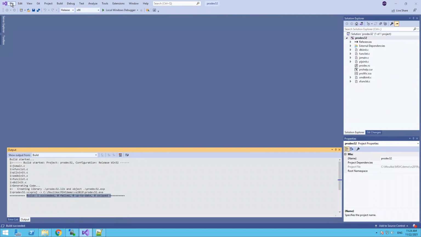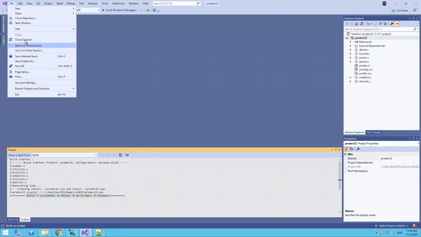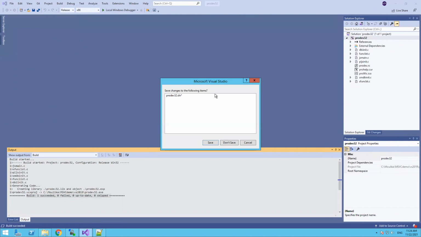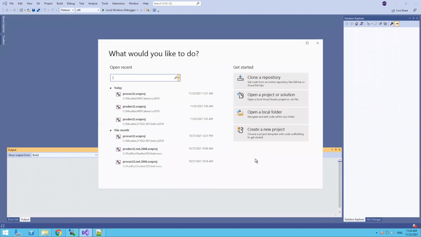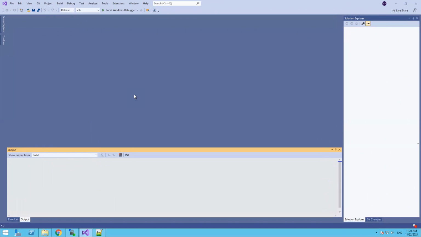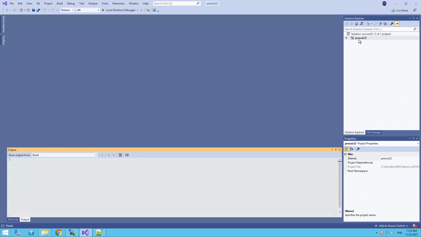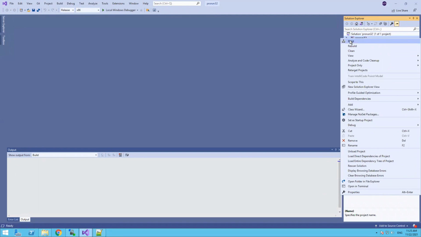Let me just close this project. I don't want to save this. Here I got the auto suggestion from my history, so I'm going to open this ProRun and build it again. Right click and build.